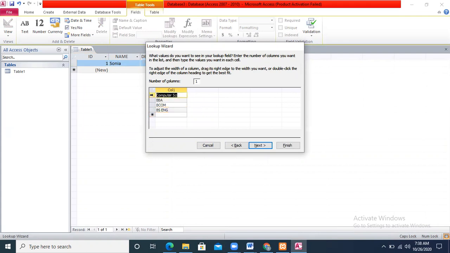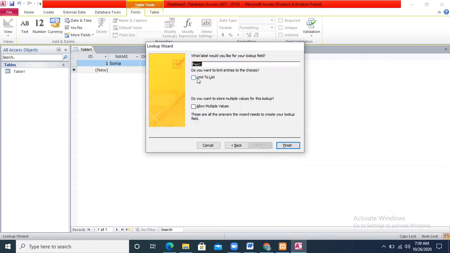In the computer science field, we will write simply BSCS and then next. Limit to the list, yes, and the field name will remain department. Allow multiple values or no.